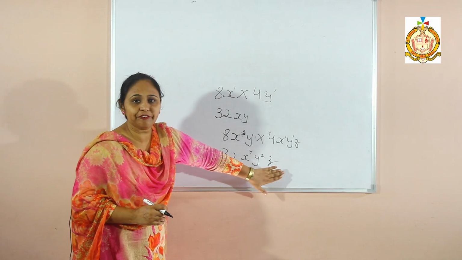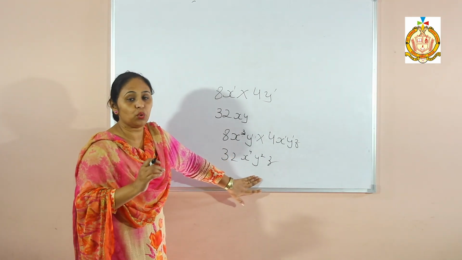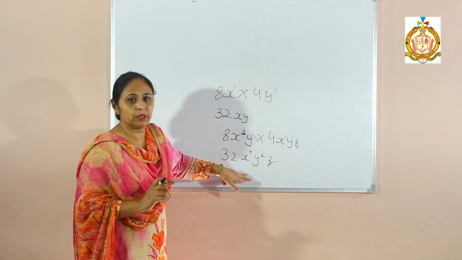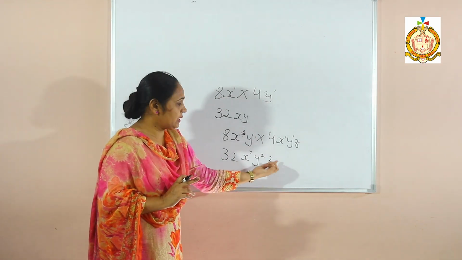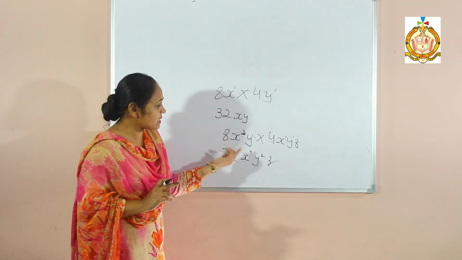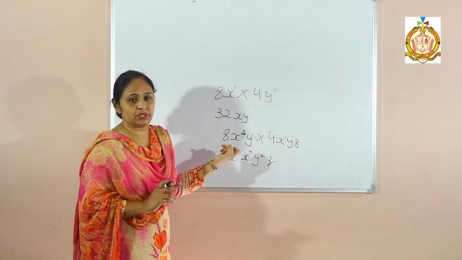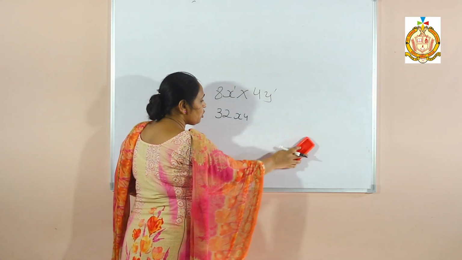Don't add the powers of different variables. We can add the powers of only the same variables. Please students, listen carefully, because there will be a problem if you don't. If the variables are different, we can't add powers. If the variables are the same, then we can add and subtract the powers. Then we will come to our concept, that is division. Now, how to do the division?